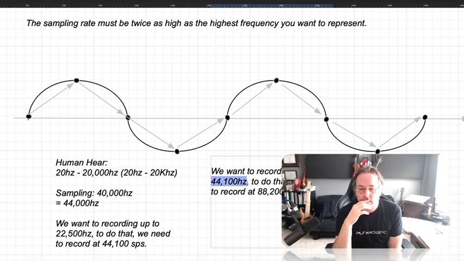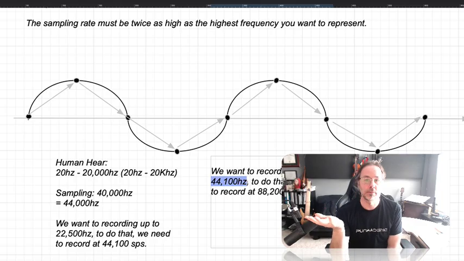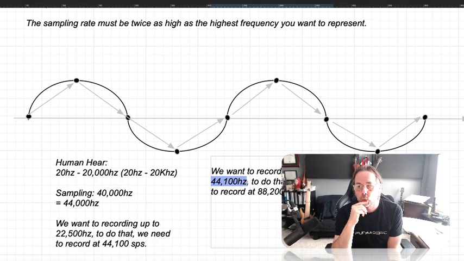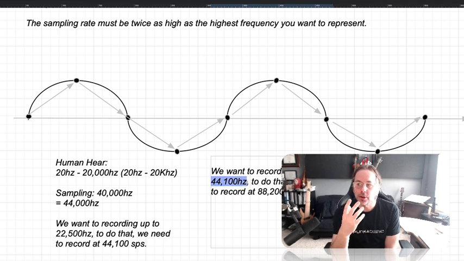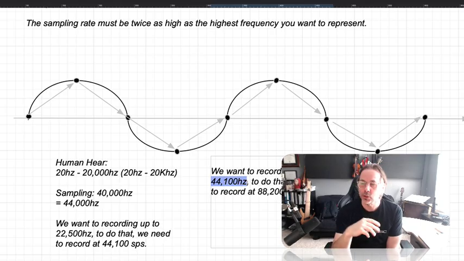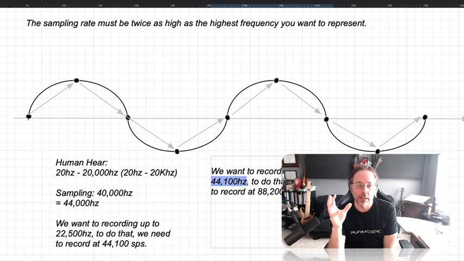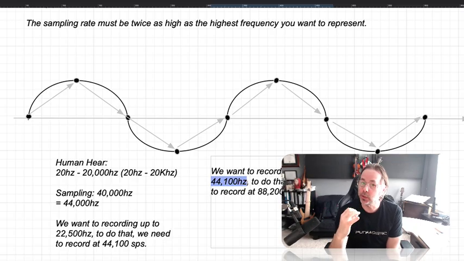there are some theories, and proven pretty much, that while we don't consciously hear frequencies way up there, they still influence the tone in the range that we can hear. For example, if you hear a whole orchestra, there's a lot of upper harmonics, way higher than we can hear, that really kind of add a color to the sounds that we can hear. So recording all of that information influences the tone of what we do hear.